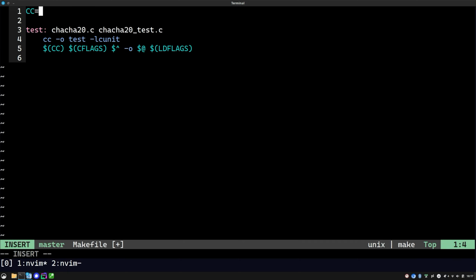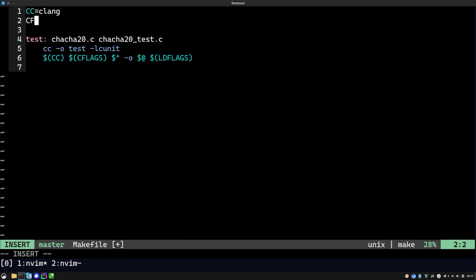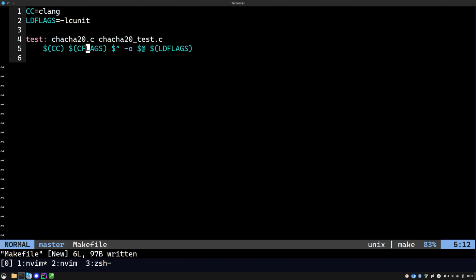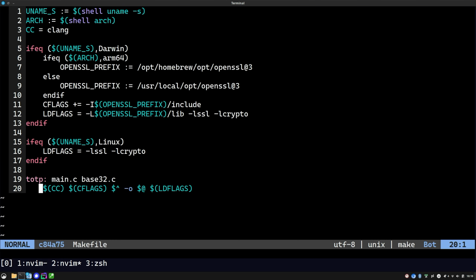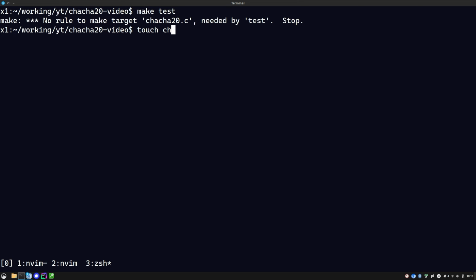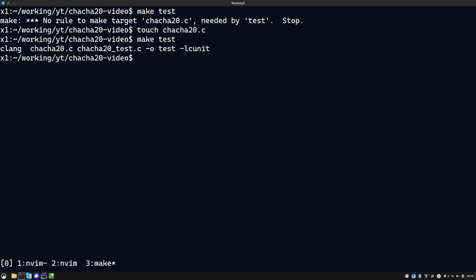So if we say that cc is clang and cflags, ldflags is going to include CUnit, because I think we're going to need it, and then we specify these, then I think if we run make test, okay, we need to touch ChaCha20.c